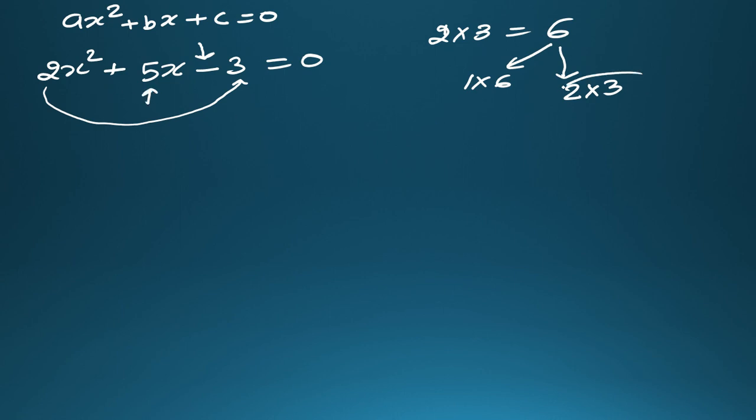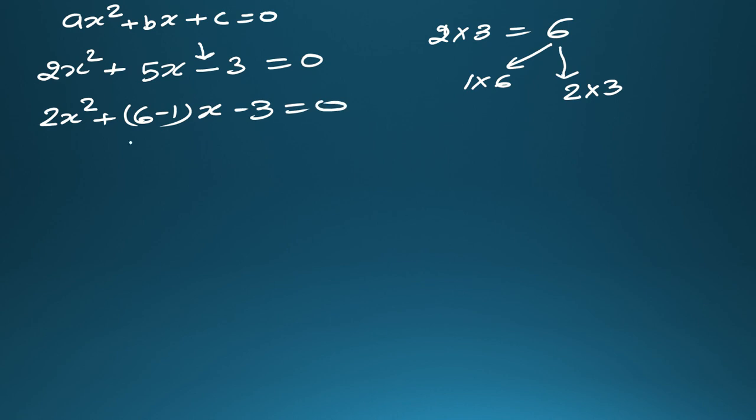For example, if you take 2 and 3, 2 multiplied by 3 is 6, it is okay. But if you subtract, 3 minus 2 will be equal to 1. But we want 5 here because the middle number is 5. So what pair are we going to take? Yes, we will take 1 and 6. We will not consider the other pair. So in place of 5, you can write (6 minus 1) in the bracket times x minus 3